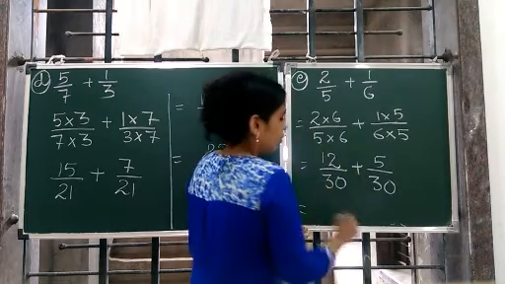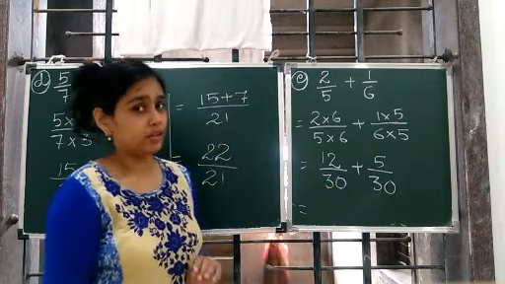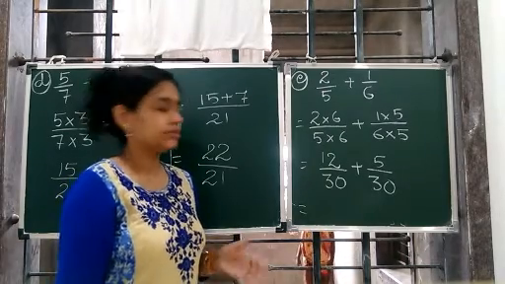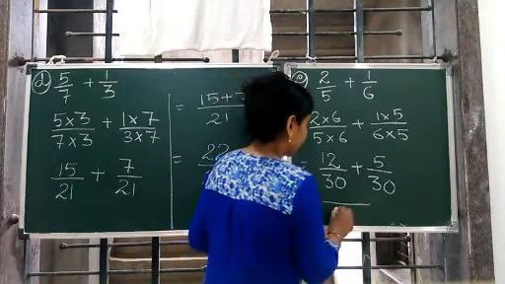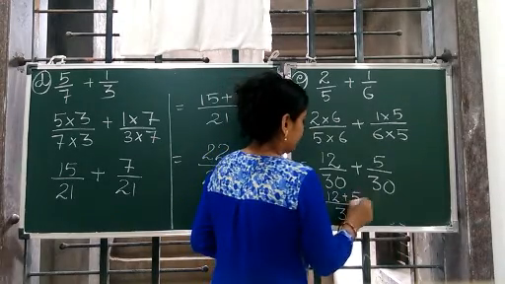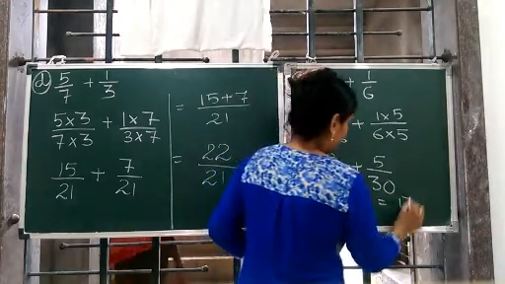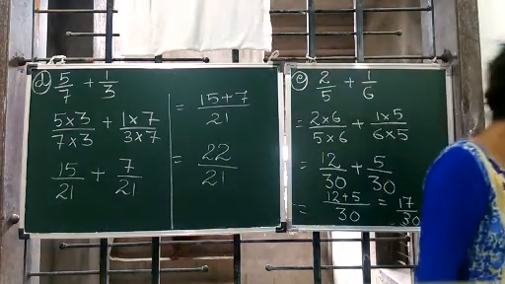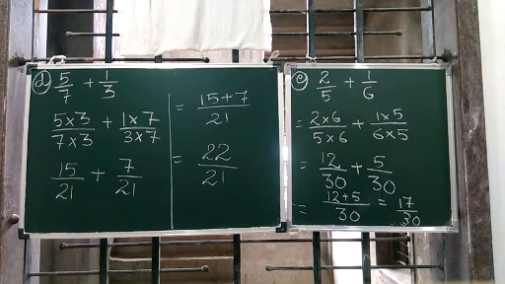Now what to do? We see whether the denominators have become same or not, and it has already become same, which means we have common denominators, so we may take it common and just add the numerators. So this is 17 by 30. We complete the E part, then we will continue F tomorrow.